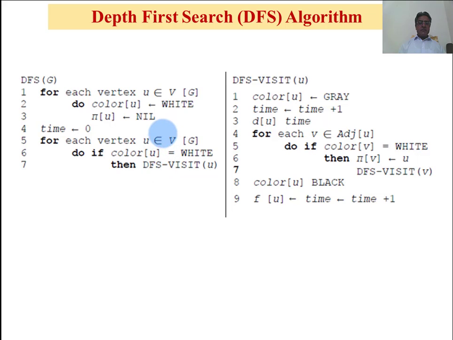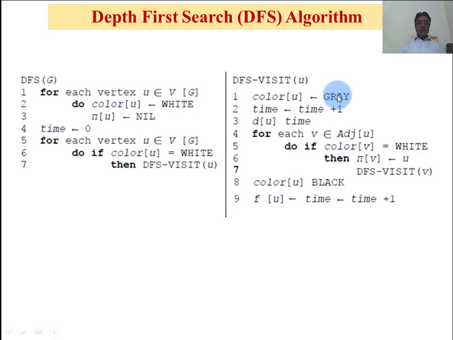So we will get the first vertex of the graph from set V, and we will check its color is white. Yes, because all the vertices in this loop have become white and their parent nil. Then, if its color is white, we will call DFS visit u. That is, the first vertex will be passed to this one and it will process it.